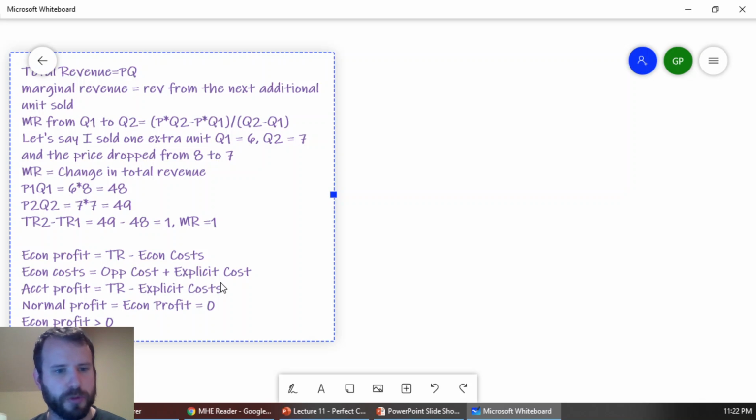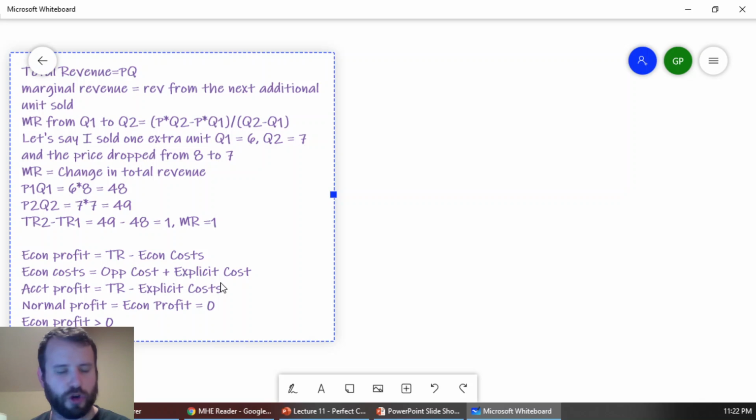Okay, so normal profit is basically the competitive profit, and if your econ profit is less than 0, and your accounting profit is greater than 0, you're posting positive, you're making positive money, you're able to pay your workers and everything,